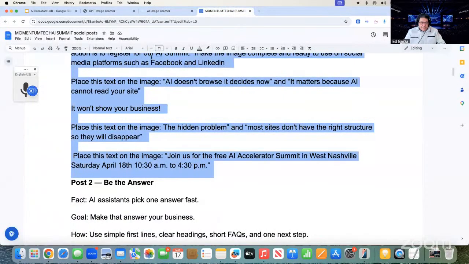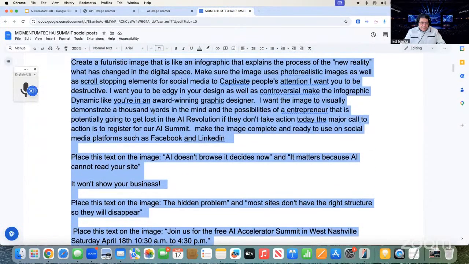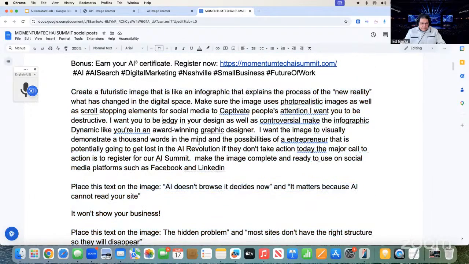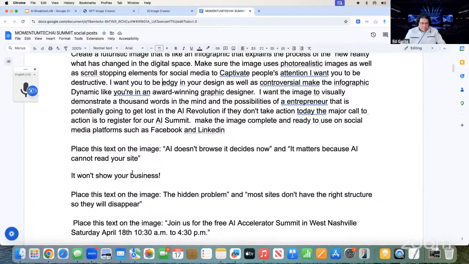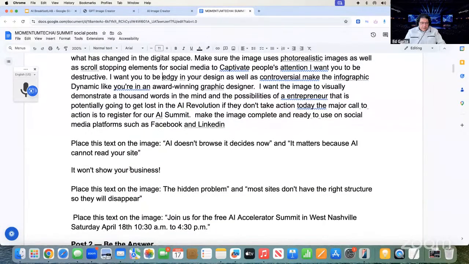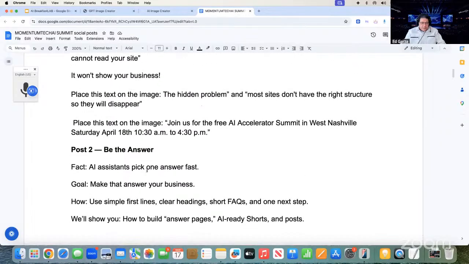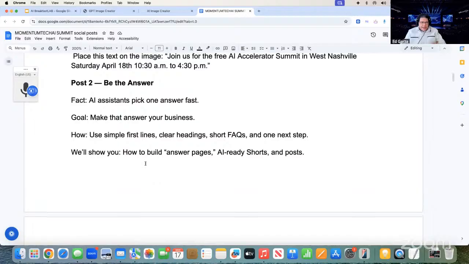Let's create another prompt. Let's use this as a base prompt here. Here's number two. Okay, so now we kind of know the formula.